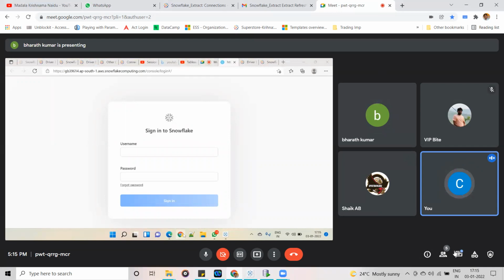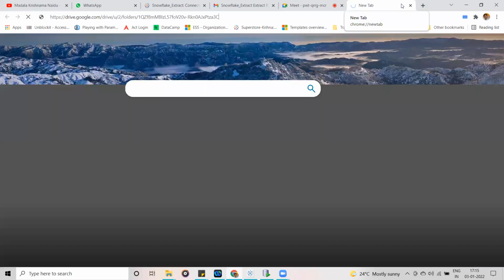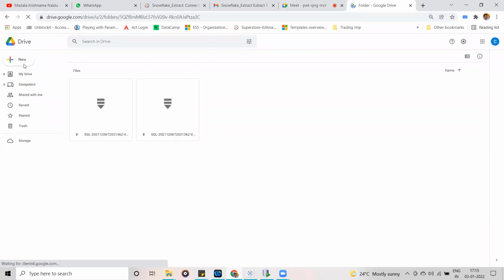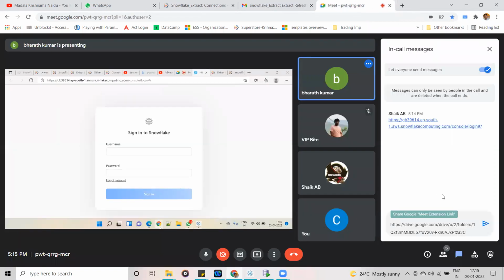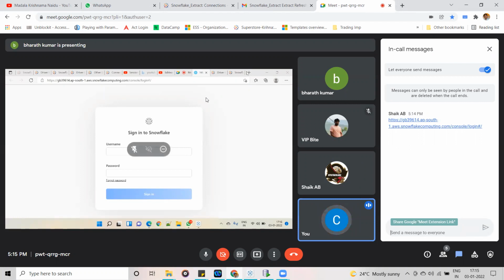Okay, then log in with your credentials. Now you have to log in, there will be a different ID for you. So whatever email you have registered, you have to go through it.